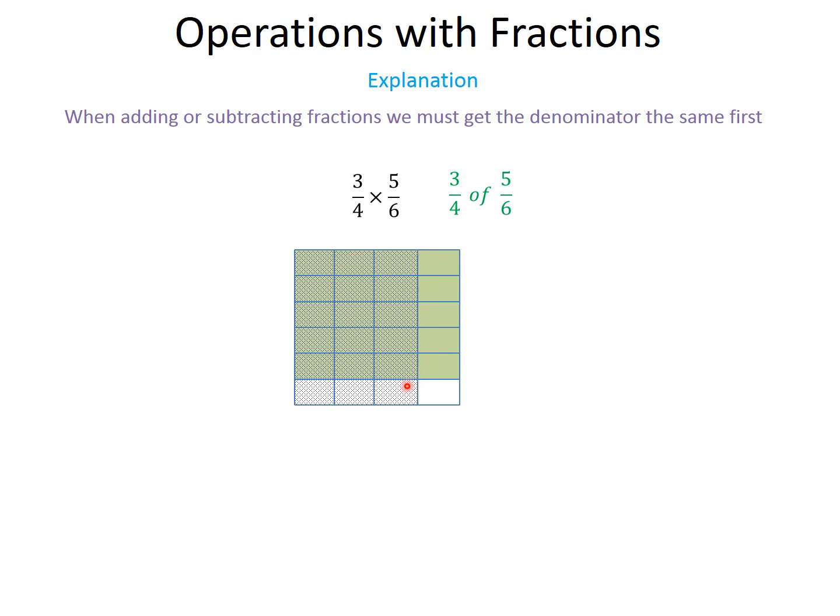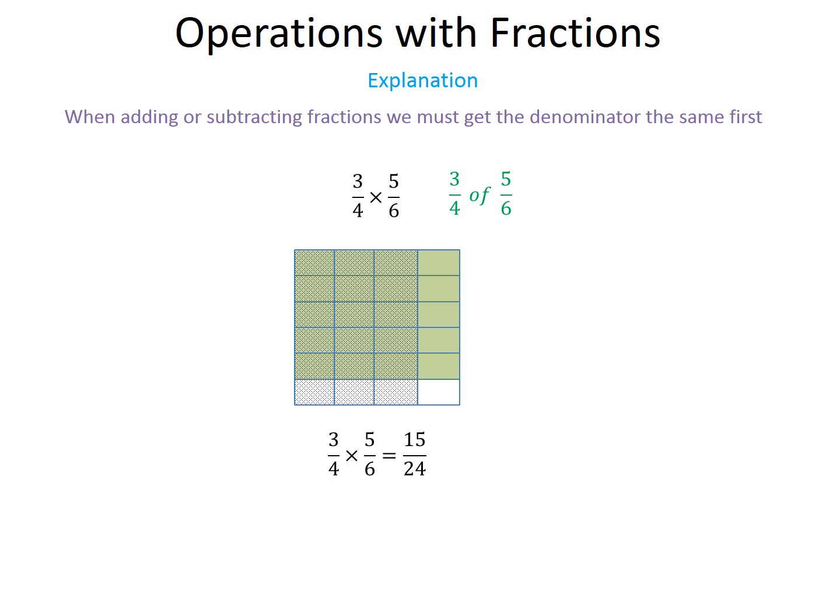Notice all of these ones here, they've been shaded twice. They're telling me what my answer is. It's 1, 2, 3, 4, 5, 6, 7, 8, 9, 10, 11, 12, 13, 14, 15 out of however many boxes there are in total, which is 24. And so that means 3/4 times 5/6 equals